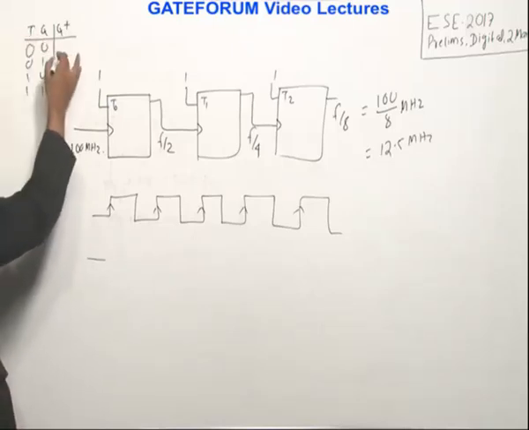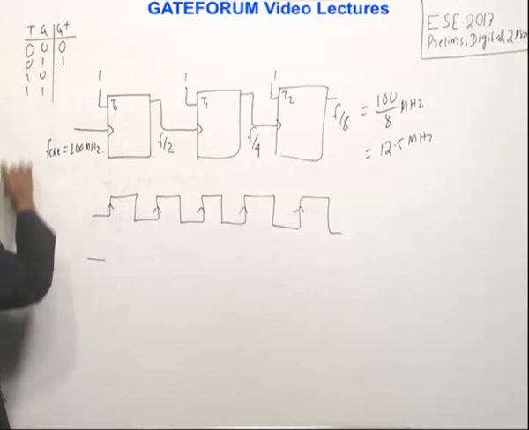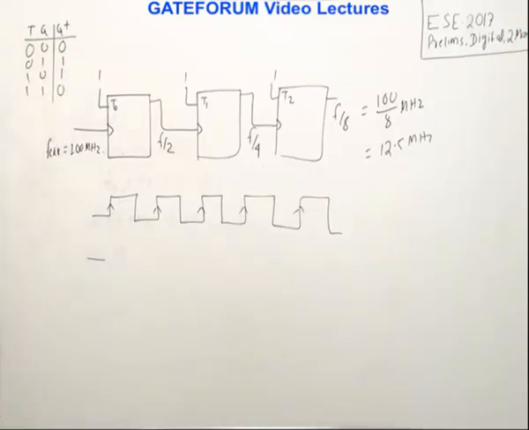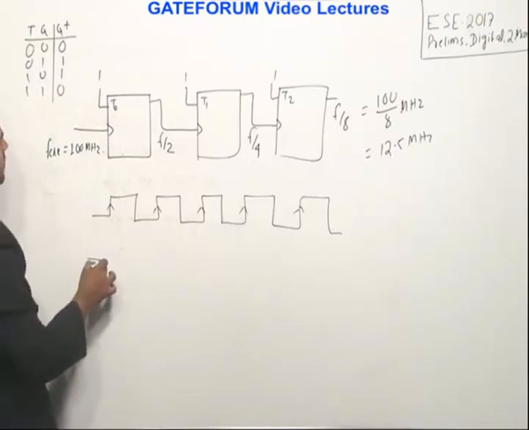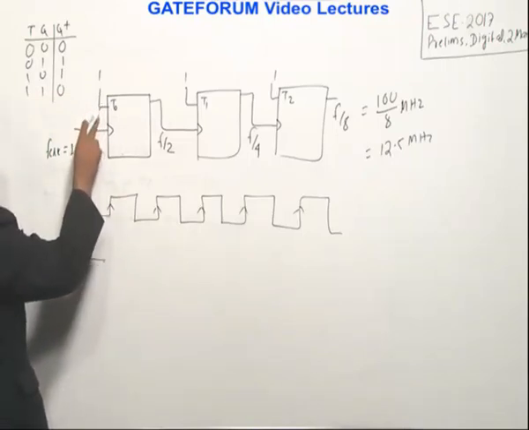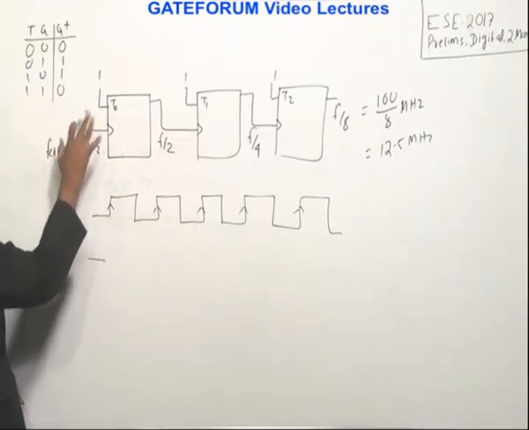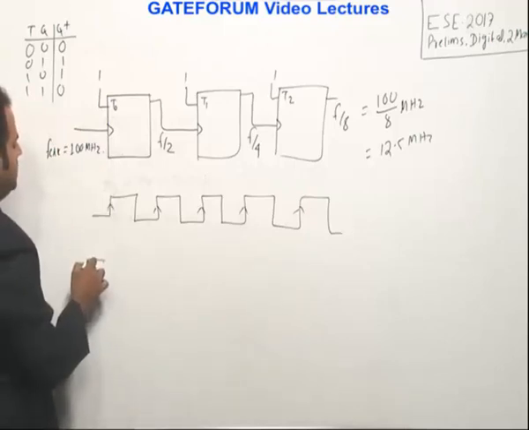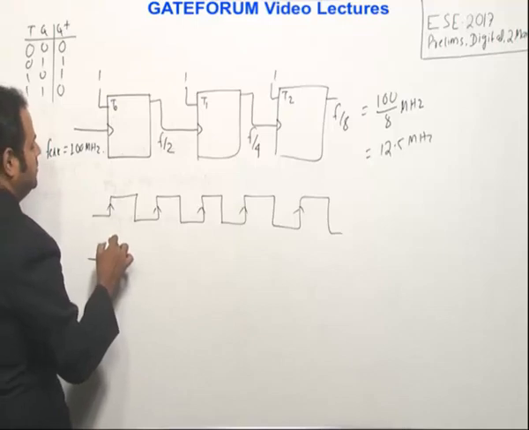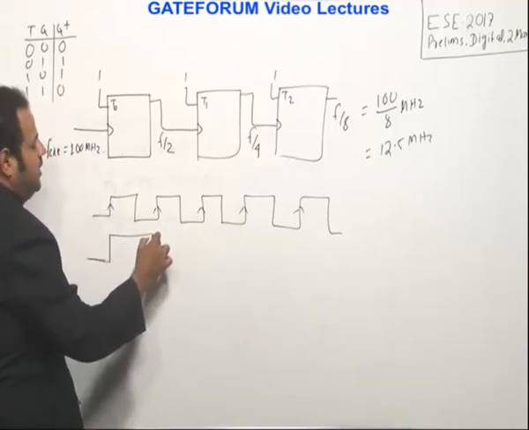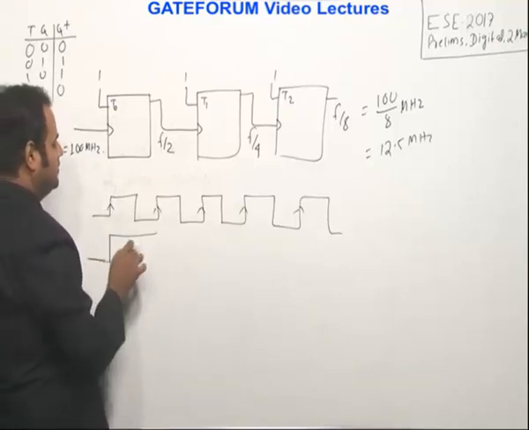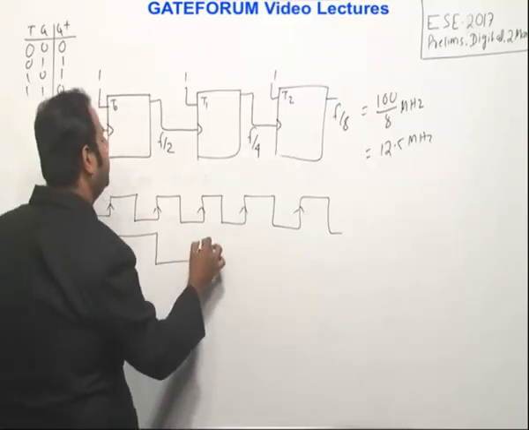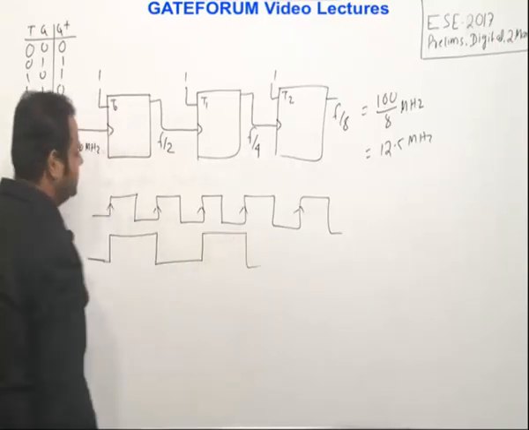When the T input is 0, you get the same thing. When the T input is 1, you get the complement. So 0 becoming 1, 1 becoming 0. So what I mean to say is, if I am starting with 0, because the input I have given is 1, what is the tendency? If the input of the T flip-flop is 1, on every clock it will toggle its state. So it was 0, so this will change to 1. So this one will maintain like this. And here, the next clock is coming. So which is the state? It will again change, so 1 to 0. So again it is 0, here it will again change, 1 to 0, like this it continues.